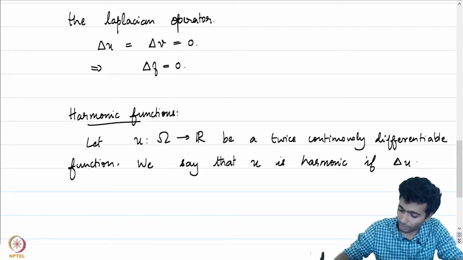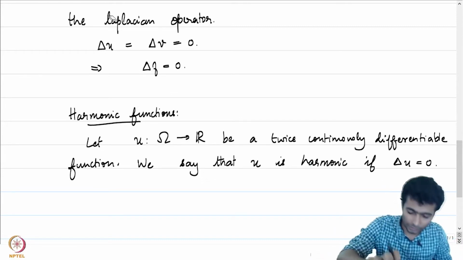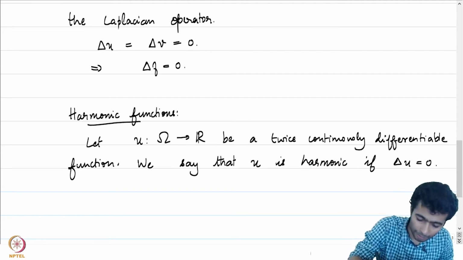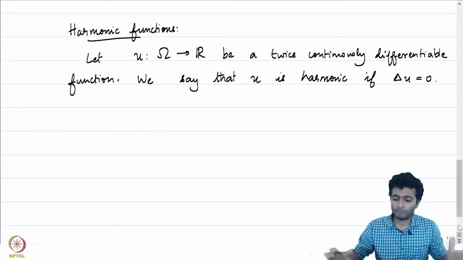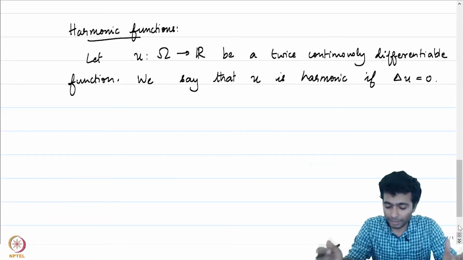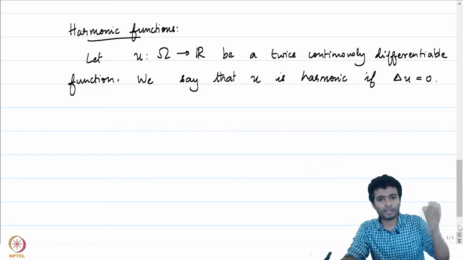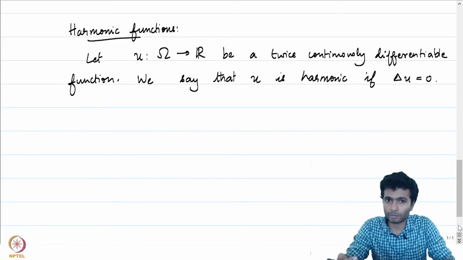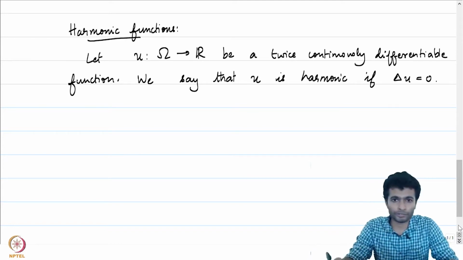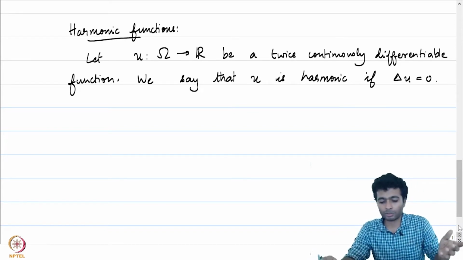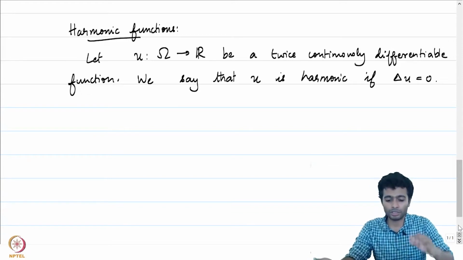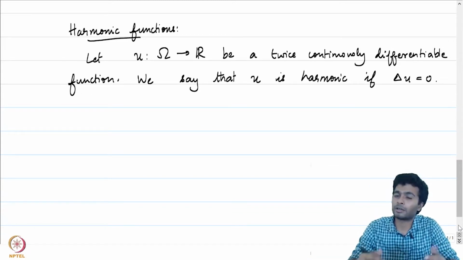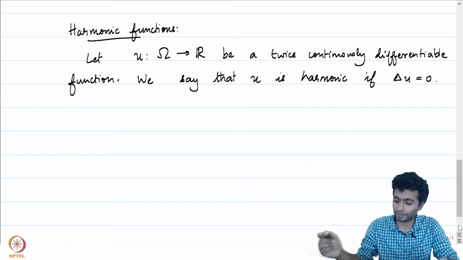If the Laplacian of u is equal to 0. That should be L, the L should be capital. So we have given a big class of examples by noting that the real part of holomorphic functions is harmonic, and the imaginary part of holomorphic functions is harmonic. So if we are allowed to talk about functions from omega to C being harmonic when the Laplacian of the function f is 0, then we have just noted above that a holomorphic function is always harmonic.